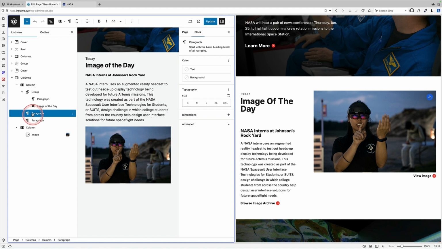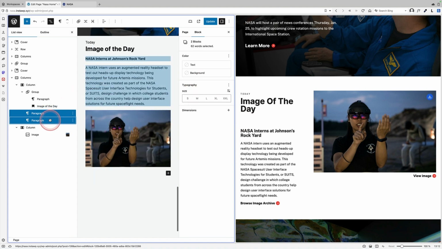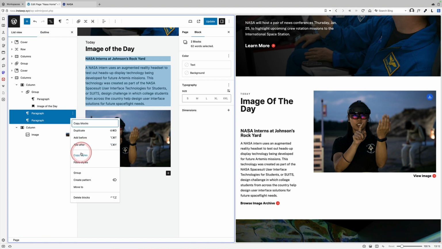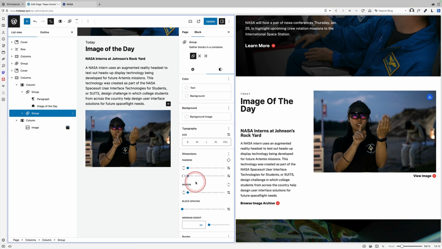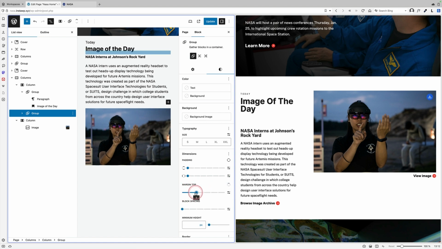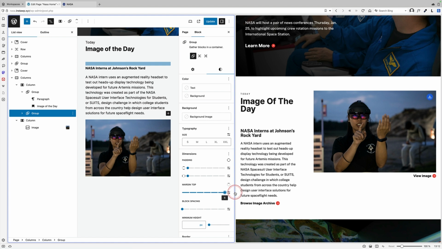And then we've got this paragraph block here, which needs a little bit more space. Now there's a number of ways you could do this. Again, I could group these 2 if I wanted to, which I might do. I might do it this way. Let's do it that way. And then I can actually just add some margin above that block using the block styles. So let's choose margin at top. And yeah, if I add some margin here, this is where I've got to.